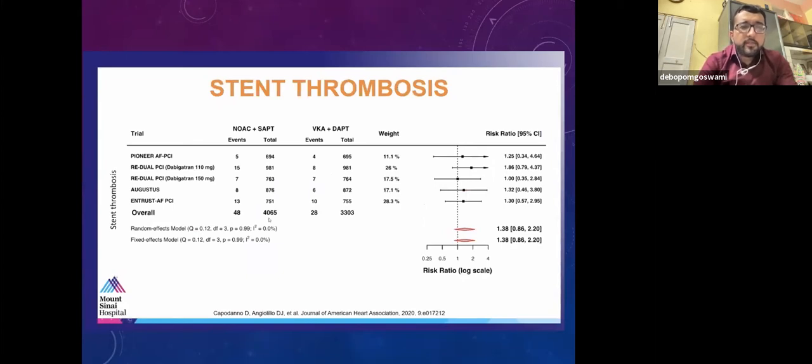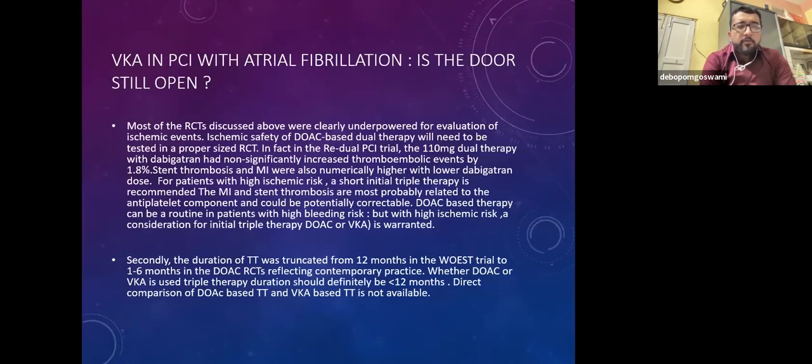This is again shown here, that stent thrombosis is definitely a major area of concern when we consider this dual antithrombotic therapy. Next slide. Now, having said all this, whether the VKAs in PCI with atrial fibrillation are obsolete or